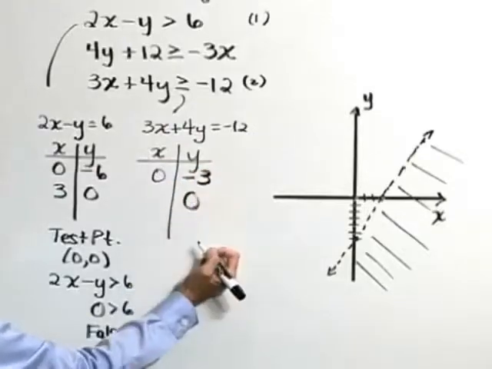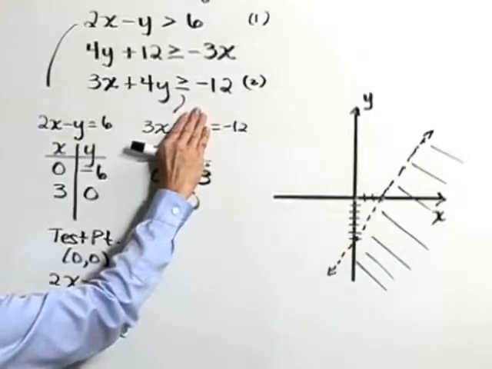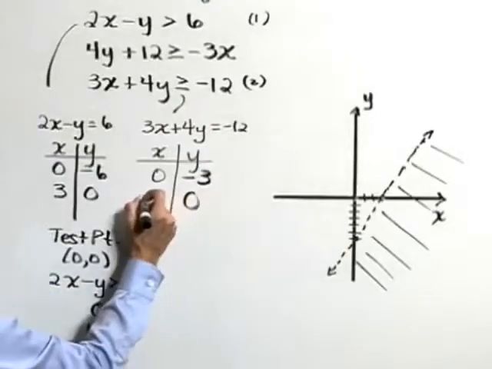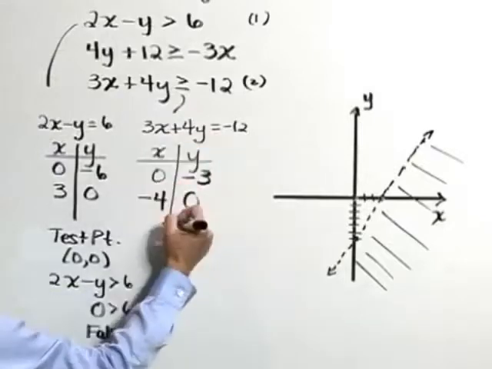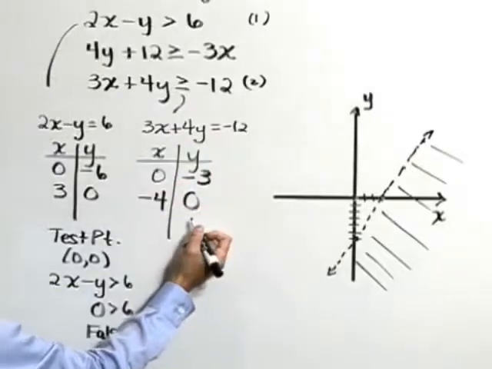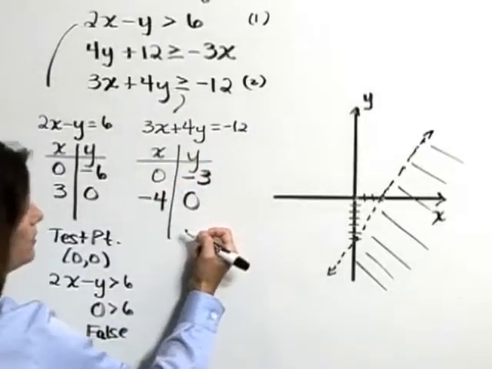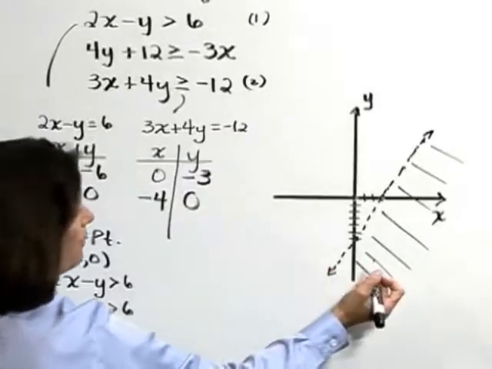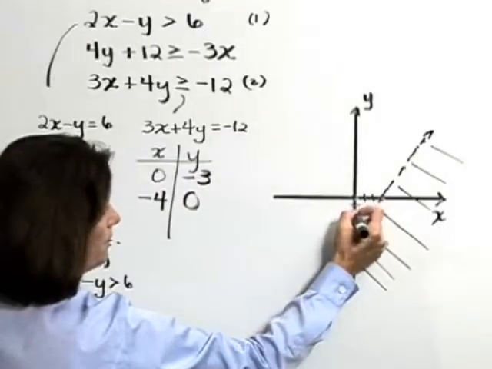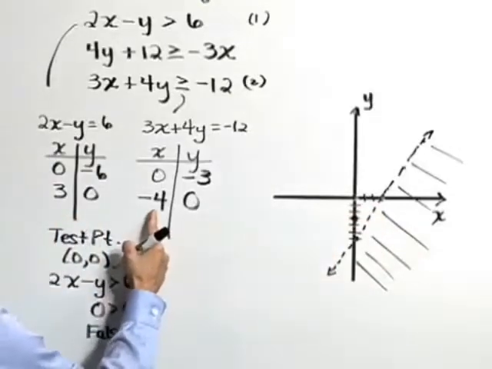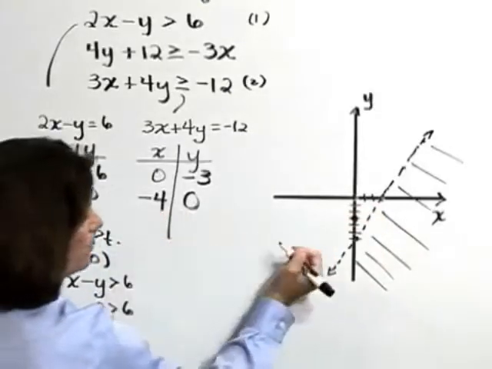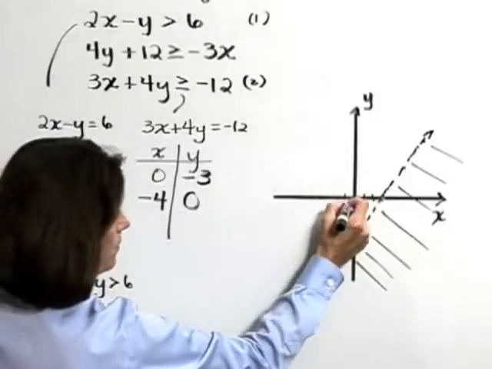If we let y equal 0, then 3x is negative 12, or x is equal to negative 4. So the boundary line for this region is going to go through the point 0, negative 3. That's x equals 0, y equals negative 3. It's also going to go through negative 4, 0. That's x equals negative 4,